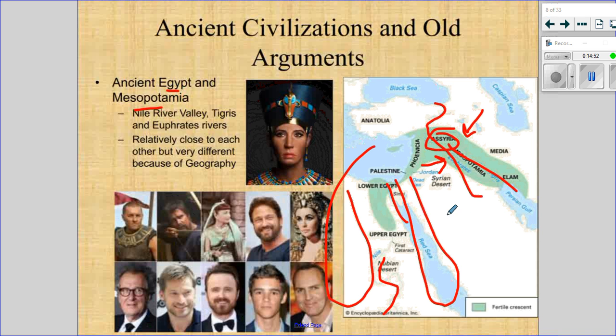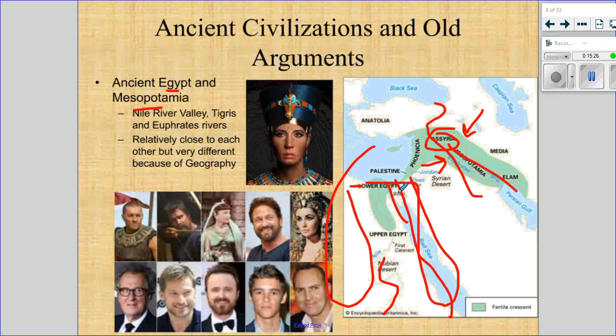And so that's why Egyptian beliefs about life after death are pretty rosy compared to the Mesopotamians, and why their society was somewhat more progressive, with female rulers, things like that. So even though they're close, they're vastly different in terms of culture. Egyptian culture is also more intact over time. Something else that I want to point out is that Egypt is